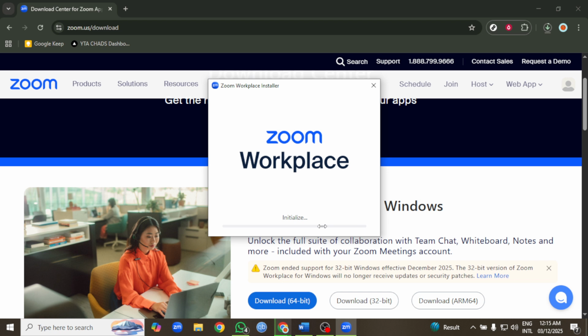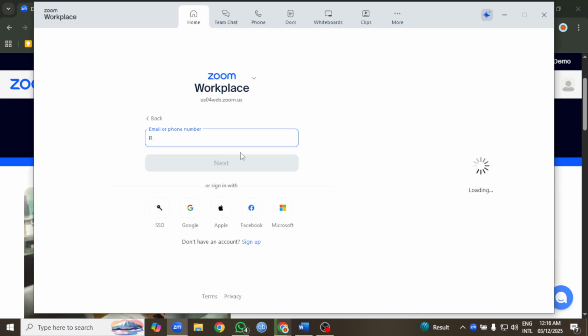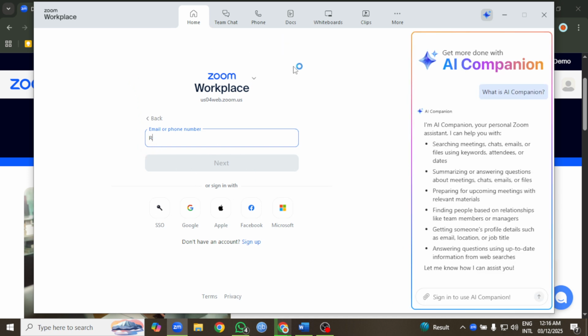Once you've selected the right installer, the download will begin. When it finishes, click the file to open it. You can usually find it at the bottom of your browser window or in your downloads folder. On Windows, the file name may look like zoominstaller.exe. On macOS, it will be a .pkg or .dmg file. If your system asks for permission to run